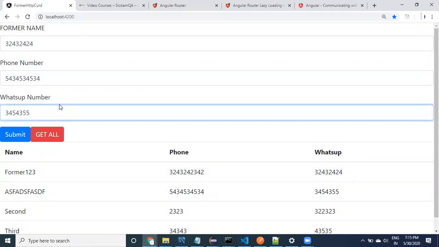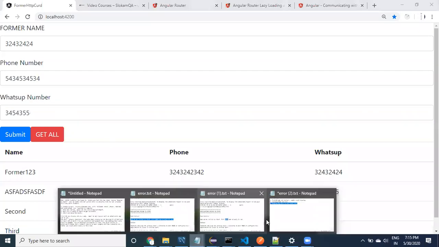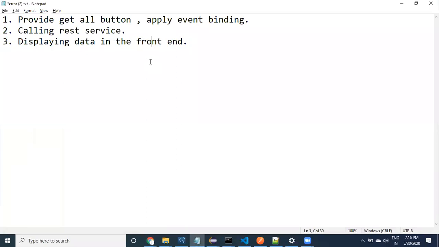Once you understood the scenario, guys, we need to think how to solve it. What are the steps we have? I'm going to explain. First of all, the record in the table should be clickable.